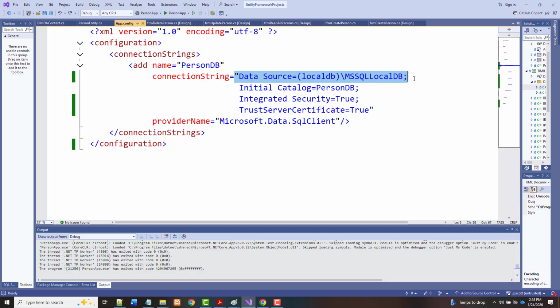Okay, so local DB basically is what's referred to typically as a lightweight server that's used for development. In other words, if this was a production application, we would have the name of an actual server on there, not our own machine. All right. When you use this, the default name for local DB is going to be MS SQL local DB. All right. So this is saying connect to a local SQL server database using this machine, or it's on this machine. Then we've got initial